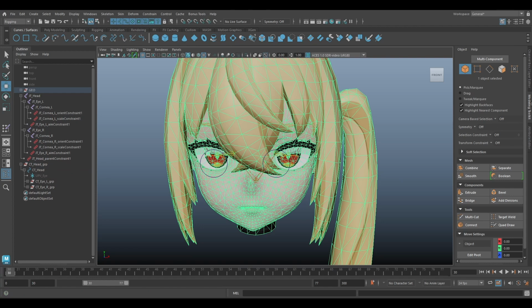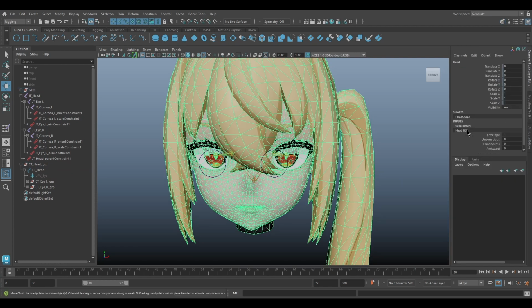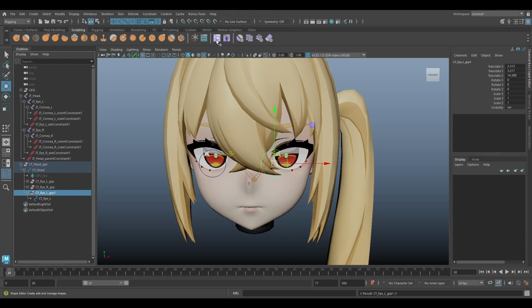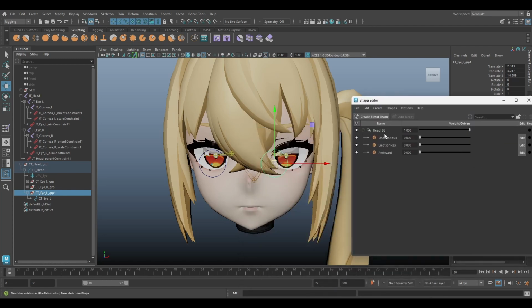Next, we're working on the eye expression. So first, can duplicate this controller and go to shape editor. Here, can copy this.